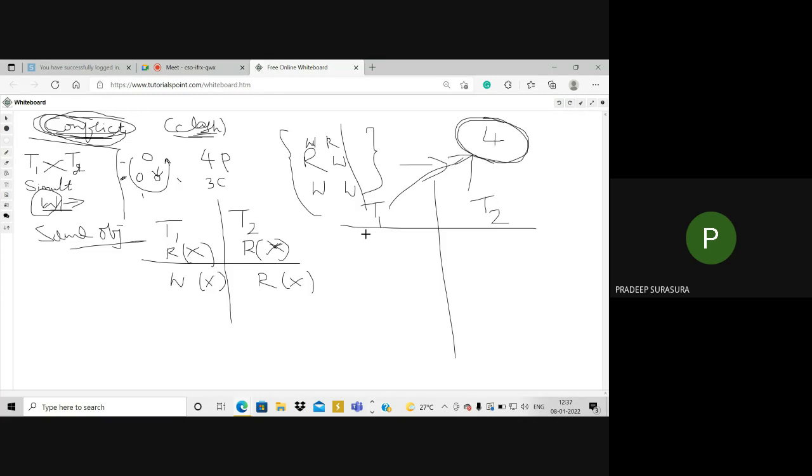Initially, both saw 4 as the availability. Both read 4 as the available seats. Imagine this person, T1, wants 4 seats and T2 wants 2 seats. Now both read four seats because they read that 4 are available. When they try to book a ticket, they see that 4 is available, so they can proceed with the reservation.